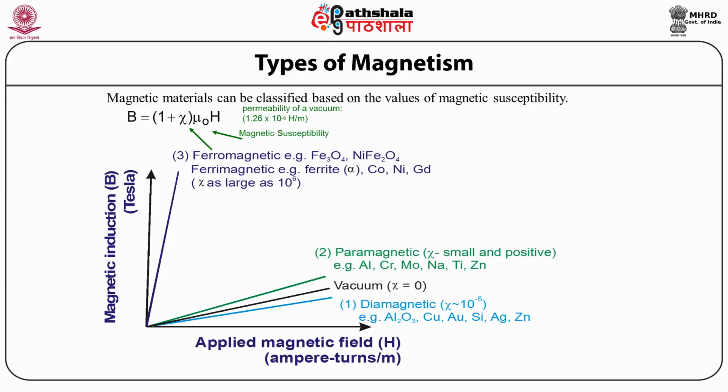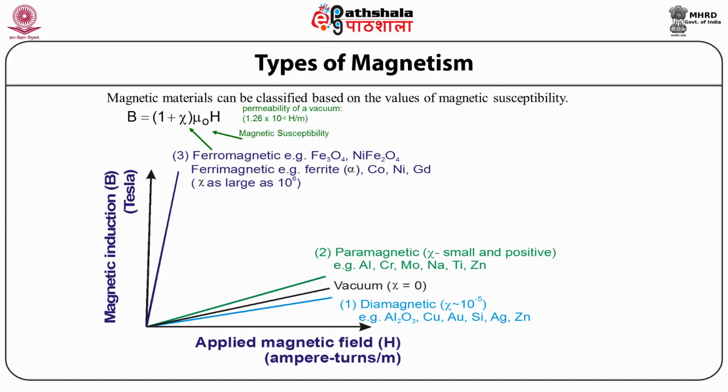So, depending upon the value of the magnetic susceptibility, we can classify the materials into 3 magnetic materials. First is diamagnetic, second paramagnetic, and third is